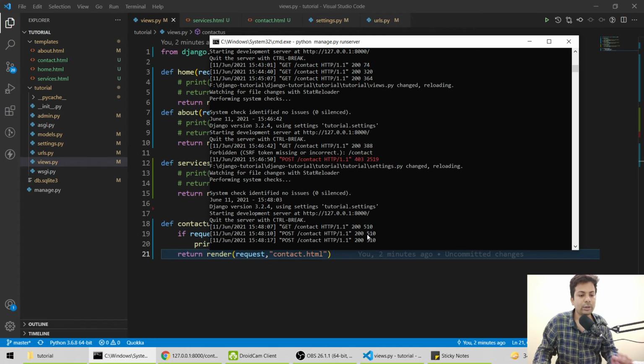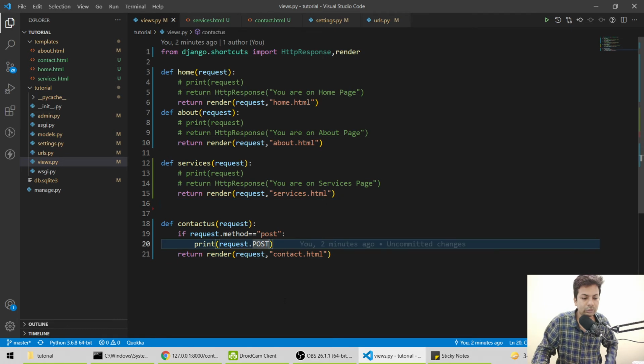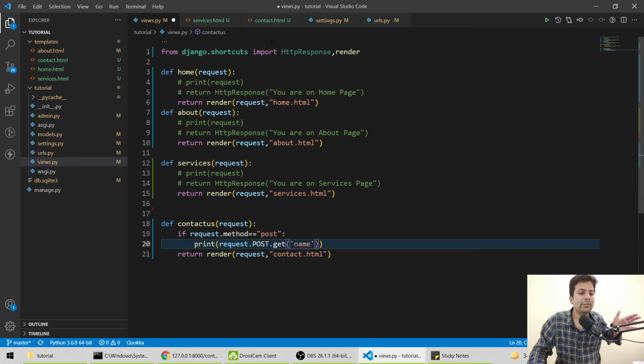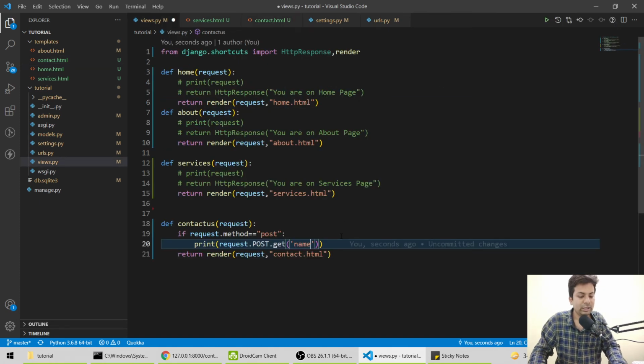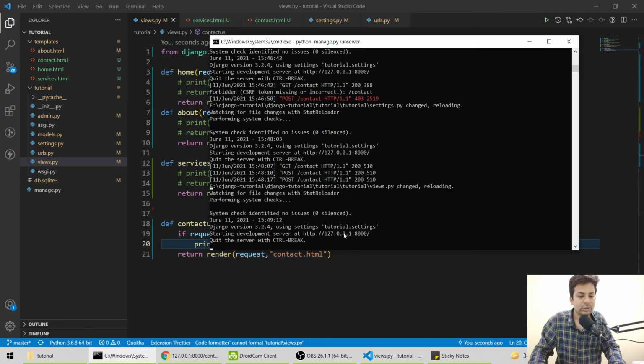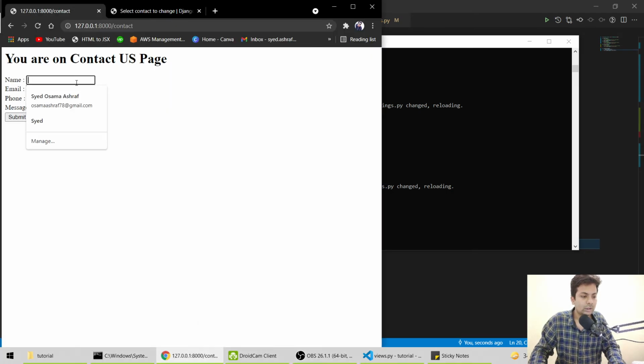Now we want to get the data that is inside there. For that we'll say dot get name. Dot get name, because in contact us we have fields named name, email, phone, message. For now I'm just printing name, so you can see it easily. Let me submit.